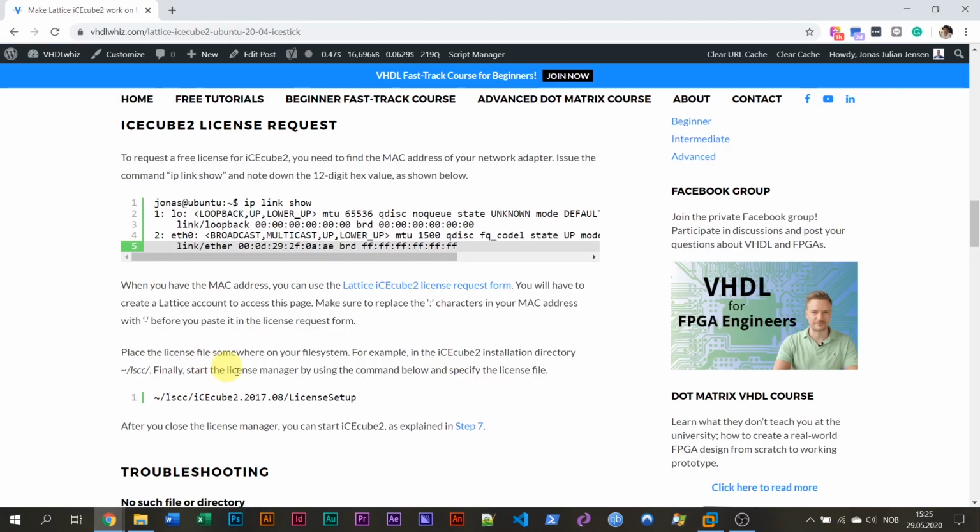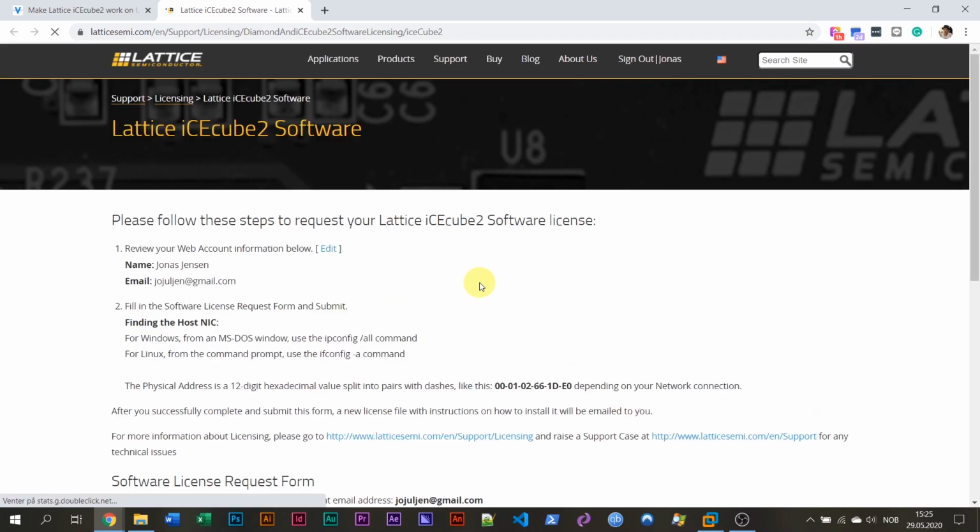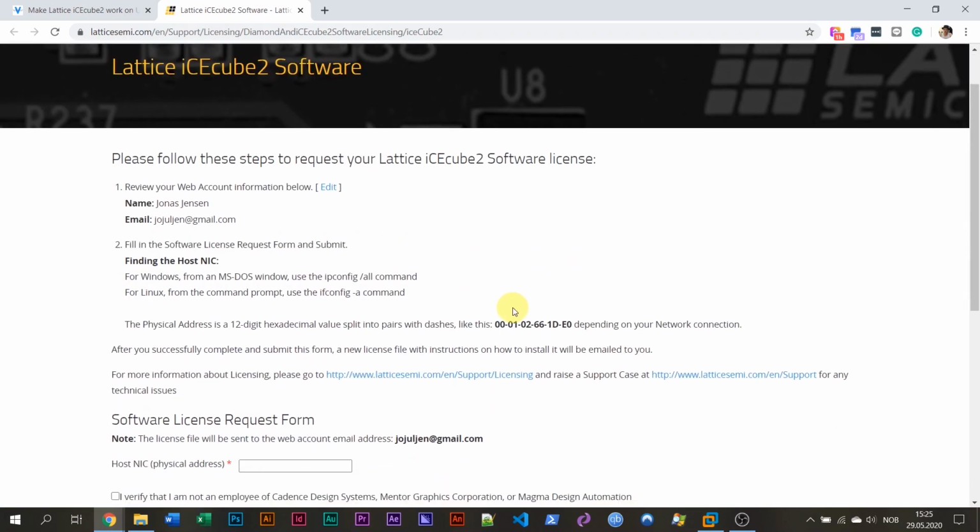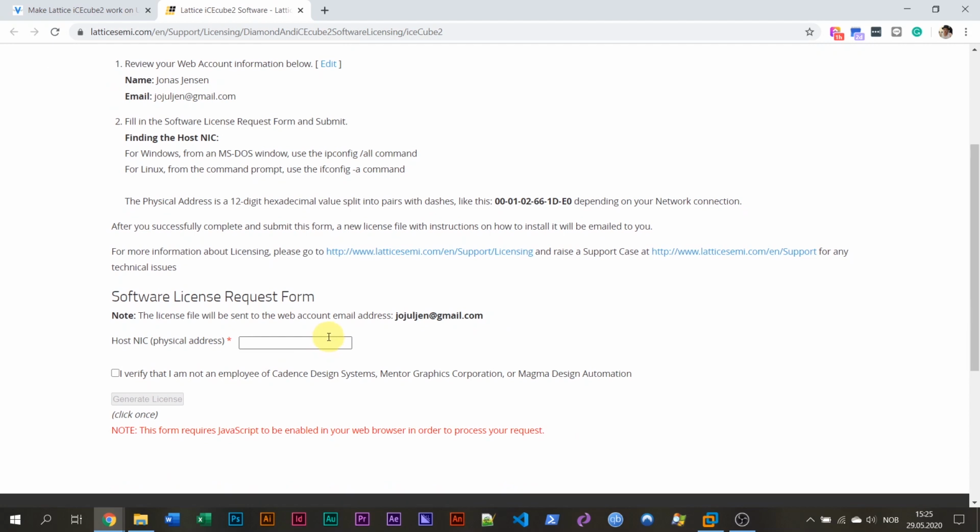And then we're going to go to the Lattice iCEcube license request form. You can find a link in my blog post. It's a free license, and I have already downloaded it now. If you have never downloaded it, then you have to go through this again and create an account. Just paste in the MAC address, but you need to replace the colons with dashes like this. And click verify and generate the license. But I have already done this,